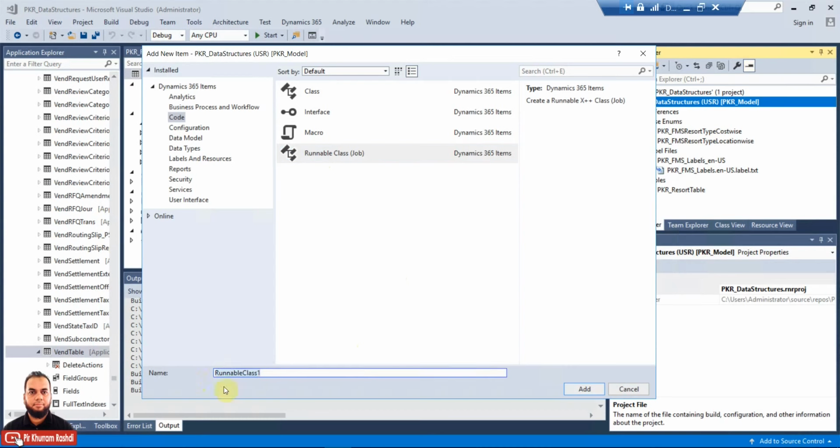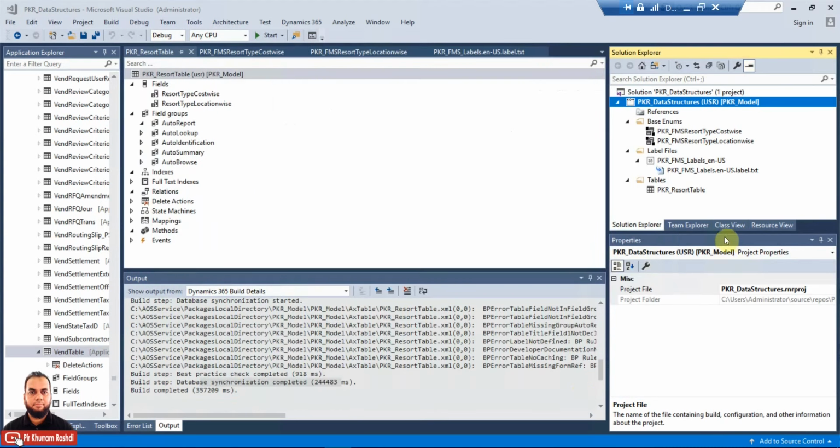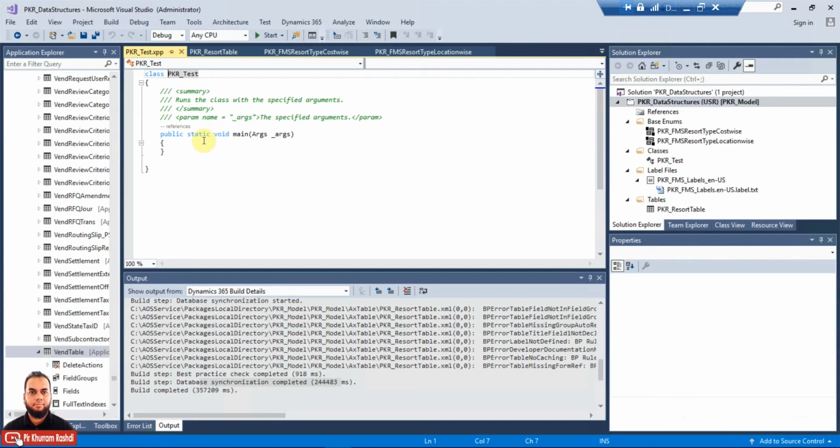So we'll create one class in order to test our various functionalities, or to introduce ourselves to enum and other data structures. So let me create it. In the class we will try to insert one record, and I will show you how we can assign values in those fields, since now we have only two fields.